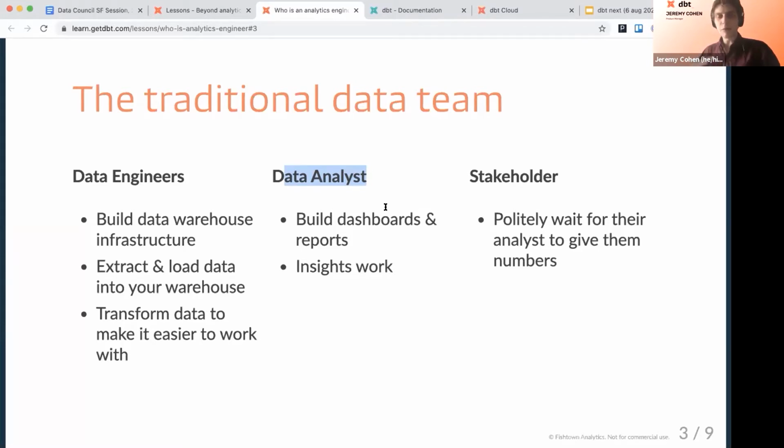But if there are problems with that data, if there are new columns that need to be added, new business logic that needs to be defined, it requires filing a ticket in very much the same vein as it would if the pipes broke, or if data isn't fresh, or any of the infrastructure needs to be upgraded or scaled up.